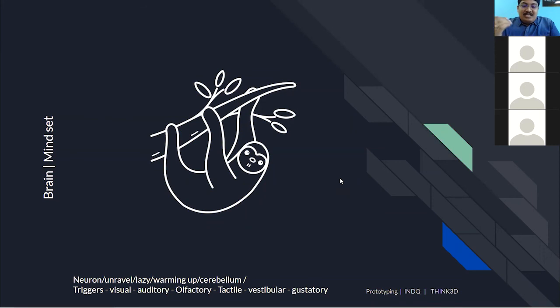Since all of us are by default in that state of unconscious mind, what happens while you're prototyping is that you're consciously making an effort, by having a physicality in front of you, some physical objects in front of you. If you're looking at any of the objects, then there are certain elements that are connected